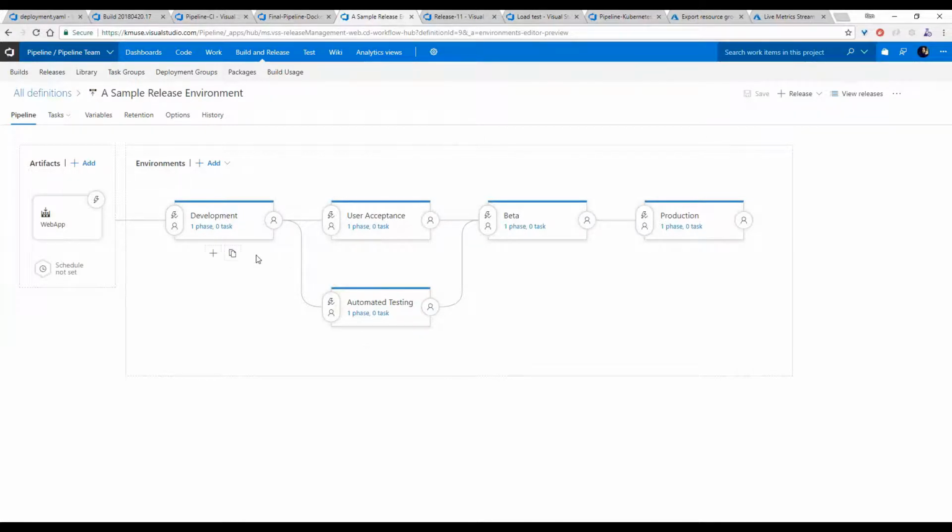Or I'm going to give it an automated configuration and say, let's just go ahead and run this environment directly into the next one. So if it successfully deploys into the development environment, let's immediately deploy a copy over for user acceptance and to automated testing. The automated testing may run a set of tasks, may run a set of scripts to do things like load testing,